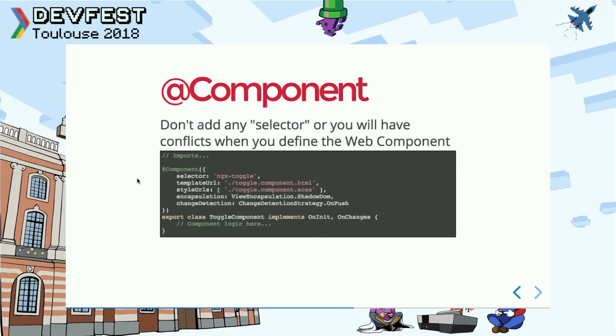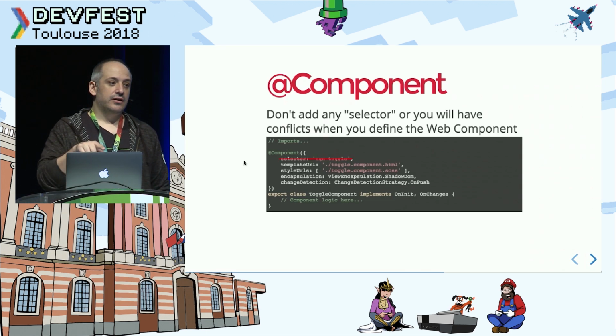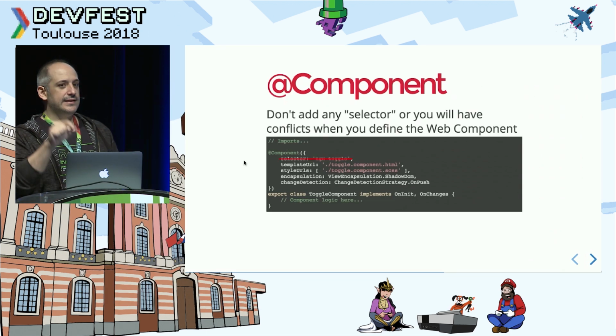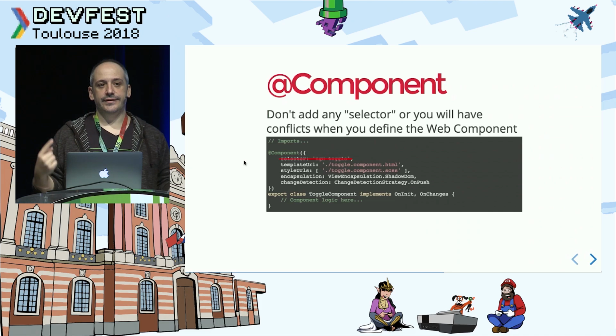One important thing is that you don't have to add the selector, because if you define the selector, you are going to have this conflict. Angular will create a selector ngx-toggle for you, and then you will define this component as